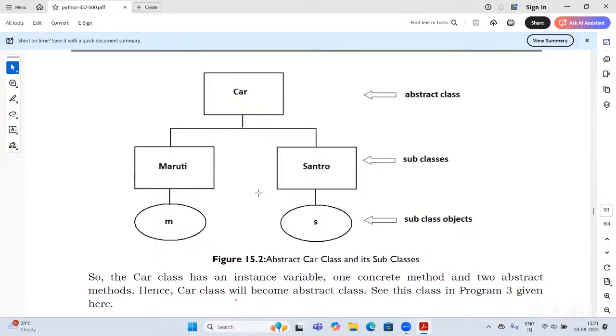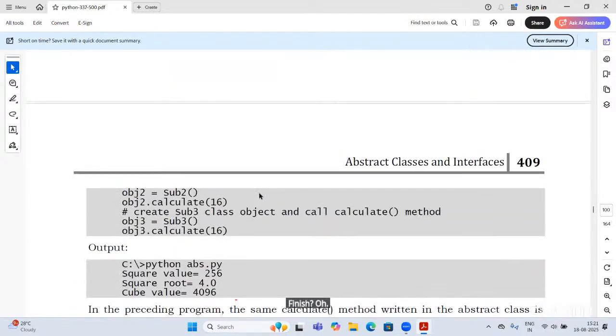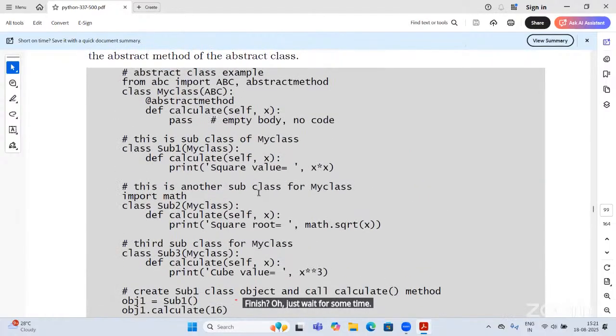Just wait for some time, I'll give an example.